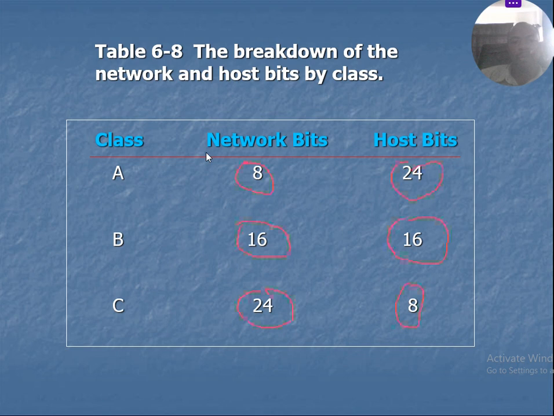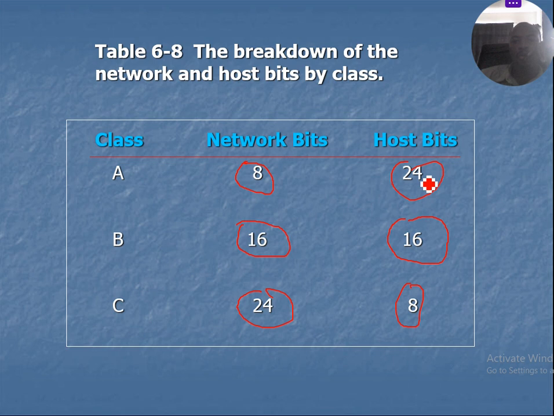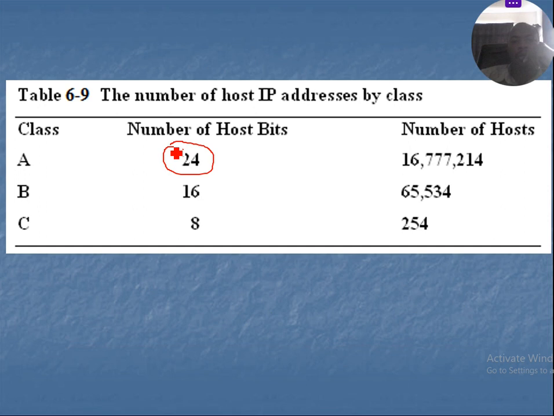So the host bit is 24 for class A. So which gives us this: if you raise 2 to the power of 24, then minus 2, you get